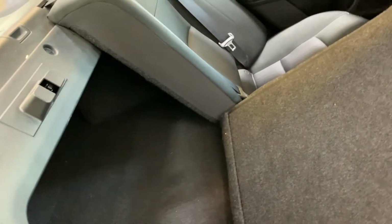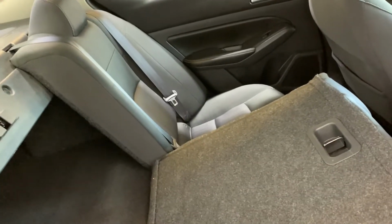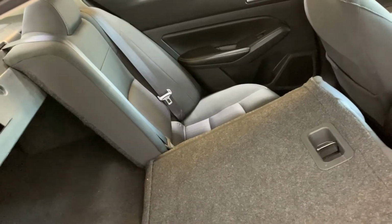You can see that the edges here stay in place while the centers do fold down, giving you a pass through from the trunk to the rear seats here. And you can do that for both sides in the 60-40 split like I mentioned, while still maintaining 1 or 2 seats in the back if you need. Then to put it back up, just